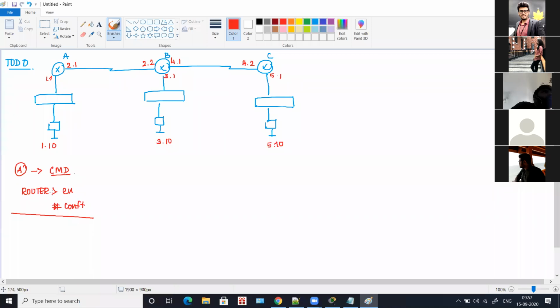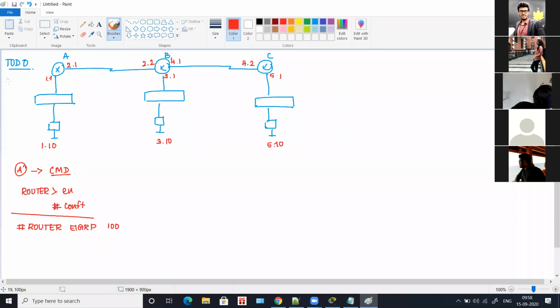Now what you have to do is type the EIGRP commands. The steps are: first type router, then type EIGRP, and you give a number. Say I'll give 100. So this 100 is your autonomous number.